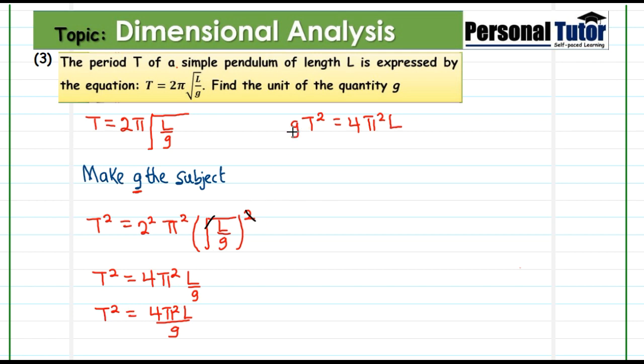Our task is to look for G, and so we divide both sides by T square. You eliminate T square, so G can stand alone as G equals 4 pi square L